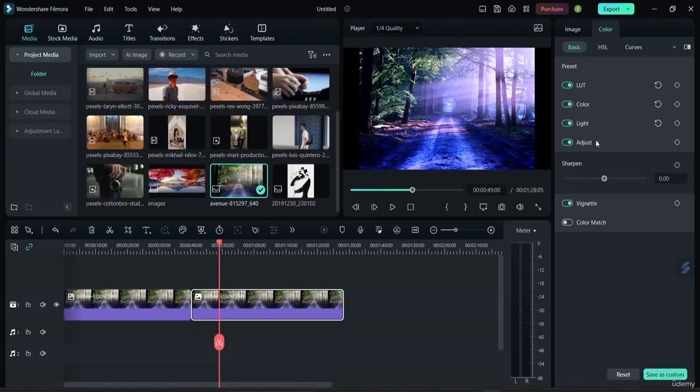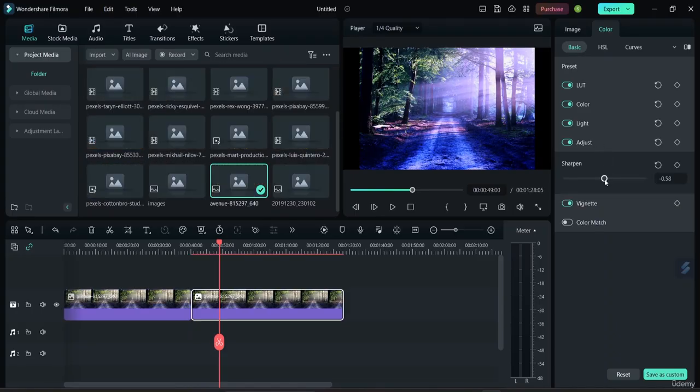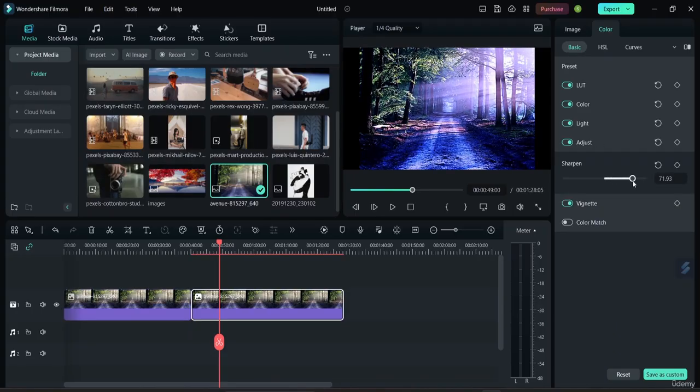So now we'll go to the adjust. From here, we can sharpen our images. As I'm sharpening the images, it's becoming kind of sharp, or we can say it's becoming very rough. And here you can see my picture is kind of fading out. So basically, while working on all this, I don't use the sharp option that much. So I'll just reset